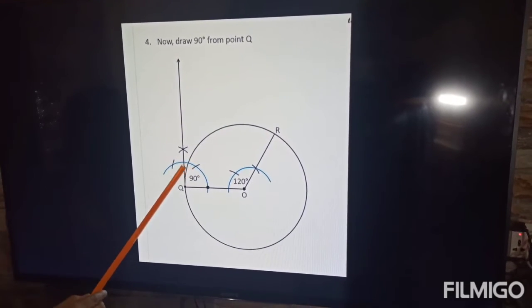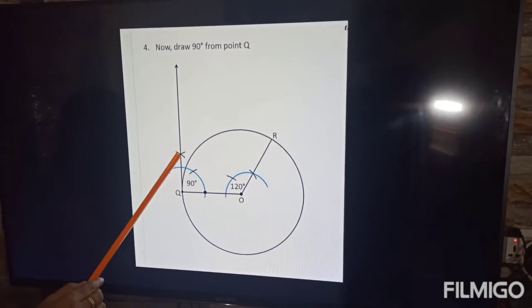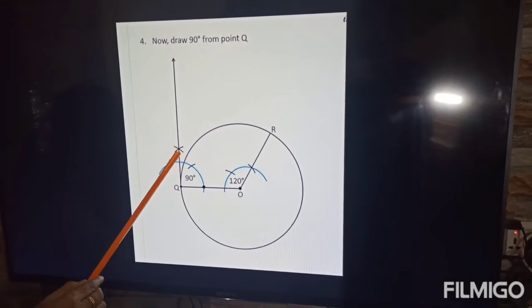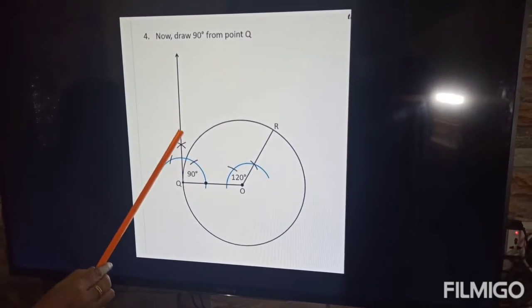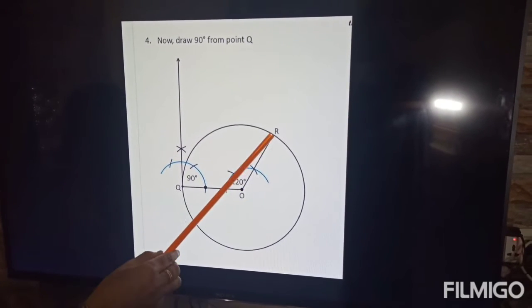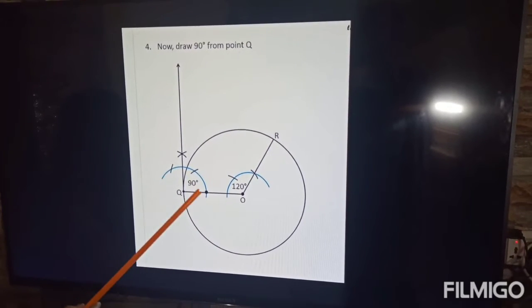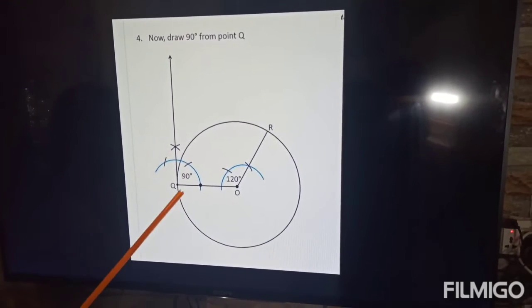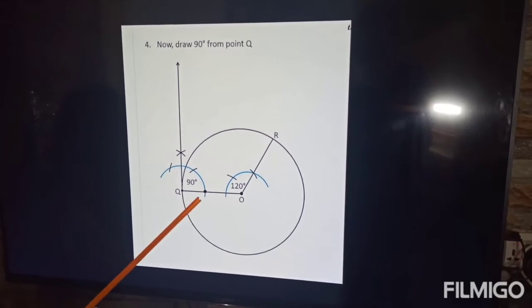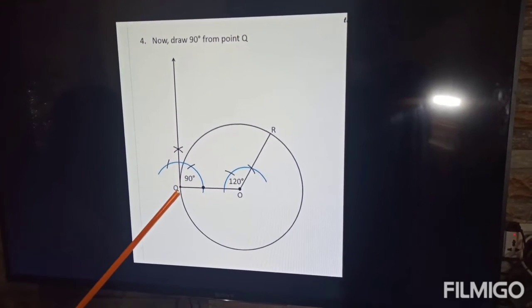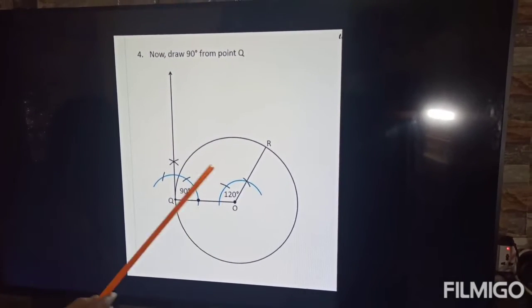Draw all the arcs and the intersecting point. From here and here you will draw the arc, no? Those two are intersecting at this point. That point join to Q and produce it. Okay? In the same way, make a 90 degree angle here also. By making like this, we will draw the perpendicular line at the Q. This is the procedure how to draw the perpendicular line at the point Q, and in the